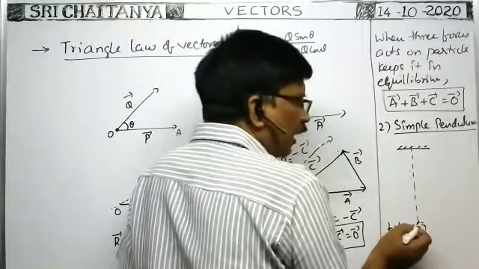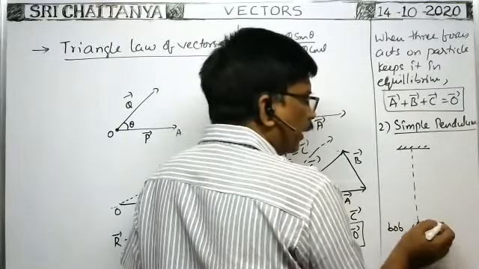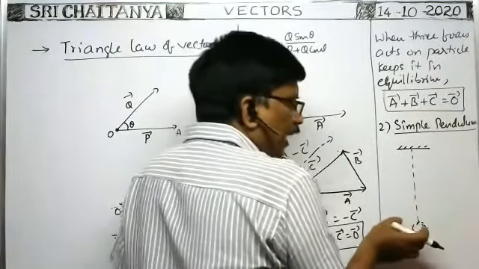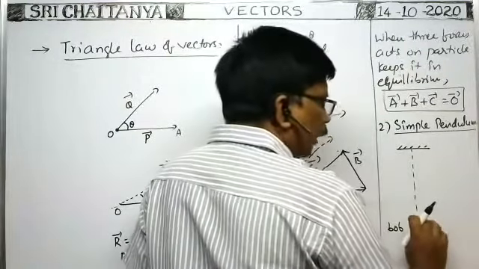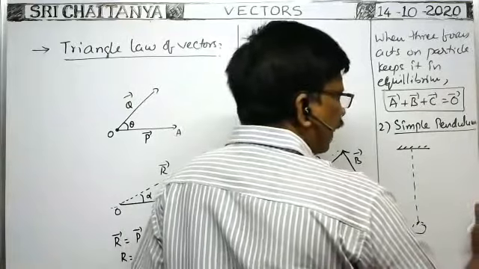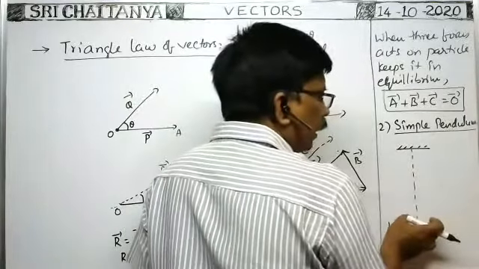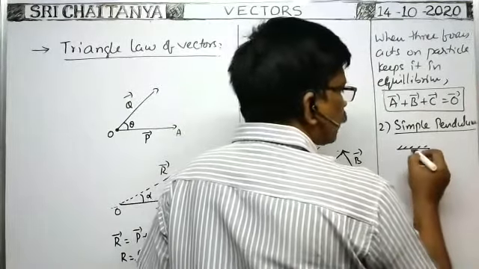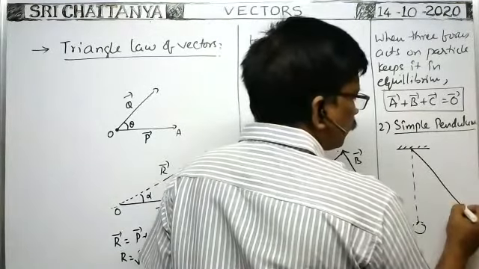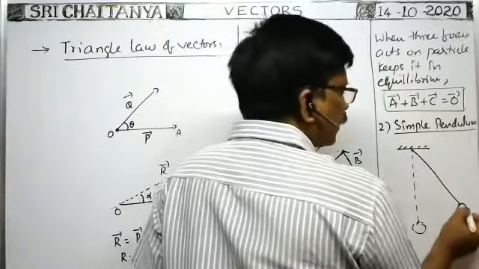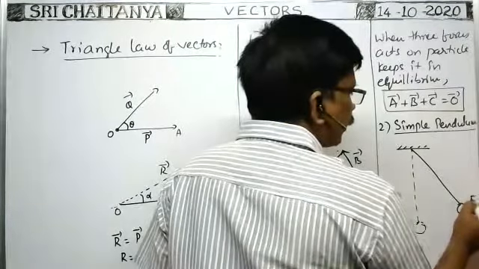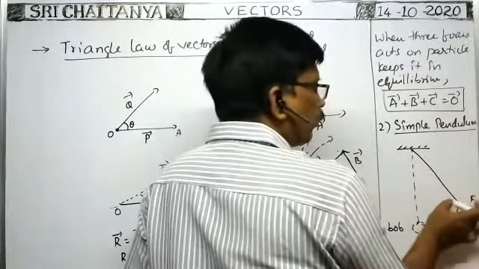So you apply a horizontal force on the bob of the pendulum. What happens when you apply the horizontal force in this direction? Suppose you pull this bob towards the right by applying some constant force, then the bob of the pendulum displaces like this, so that the string comes to this position. Now, when the horizontal force is applied on the bob in this direction, the bob comes to equilibrium at this